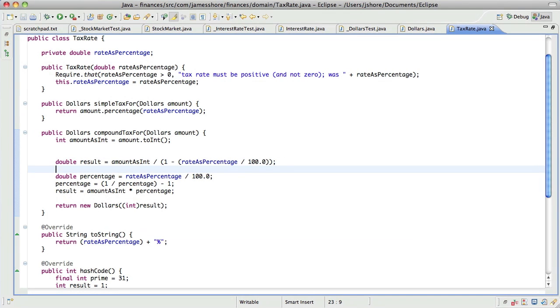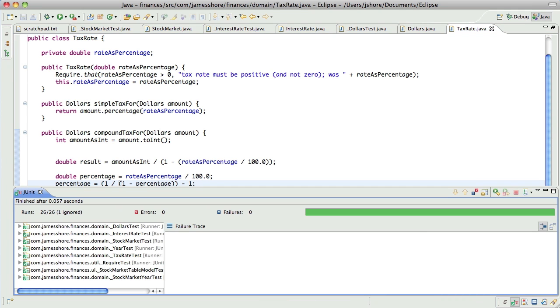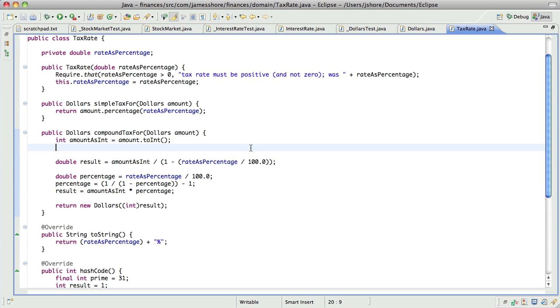Oh, it's not, we still need to inverse the, or get the, there we go. Yeah. Okay, so now that we have the percentage that we really want to work with,